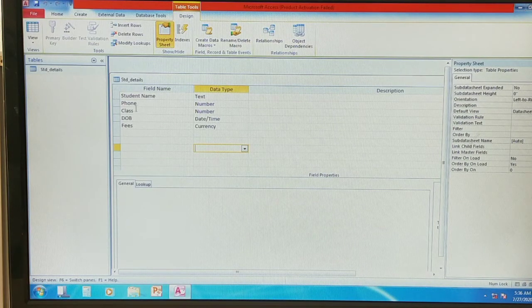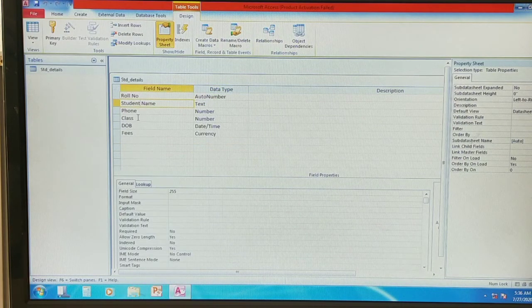So here we have roll number, student name, phone number, class, date of birth, and fees. Now I want to make the student name field the primary key. Just select that particular field, and then on the ribbon you have a primary key symbol. Just click over here. Whenever you click on the primary key, the key symbol will be present here.